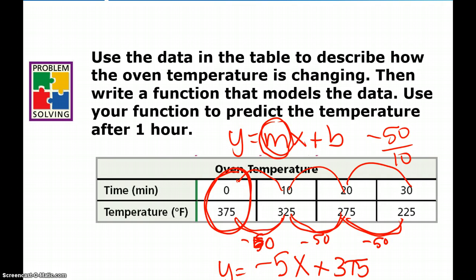plus 375. And then it says use your function to predict the temperature after 1 hour. Well, this is minutes, so we've got 60 minutes. So if we plug in 60, 60 times 5 would be 300. So negative 300 plus 375 is going to equal